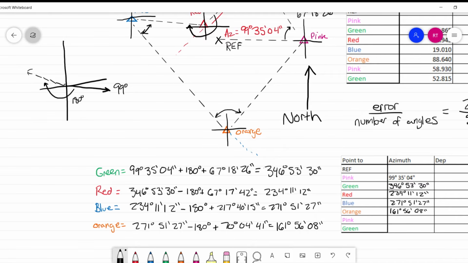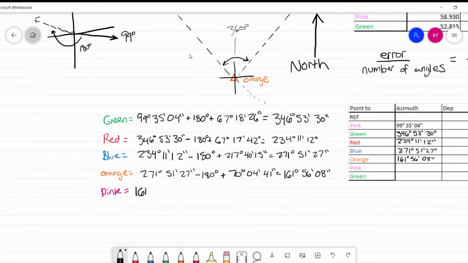But the problem is we're crossing the 360 degree mark, and there are no angles above 360 degrees. Anytime you go over 360 degrees, subtract 360 from it. Always do that because you can't go above 360. You can't be like, I'm at 400 degrees azimuth. No, you subtract 360 from the 400 and then you're at 40 degrees azimuth. So make sure we do that. We're gonna subtract 360 degrees from our end total because we're gonna go over 360 since we crossed the 360 line, or the north line if you wanna be more technical.